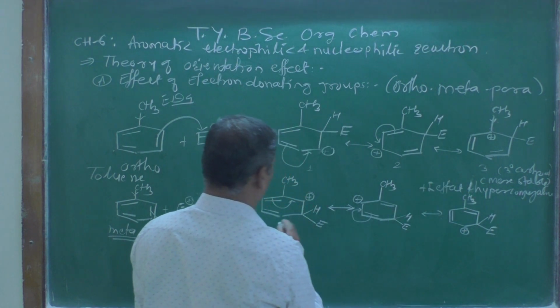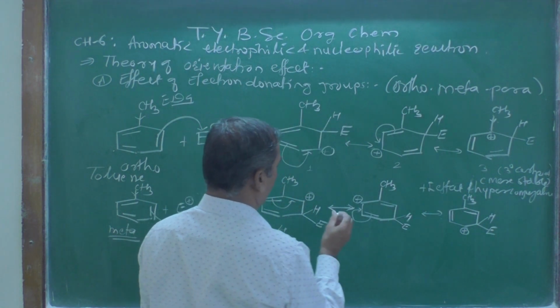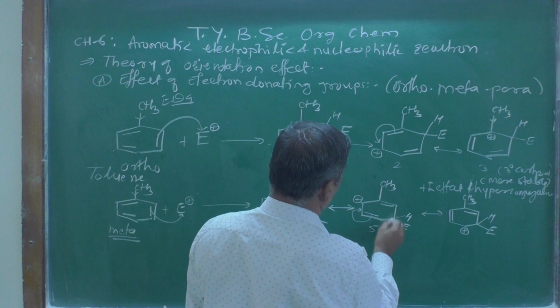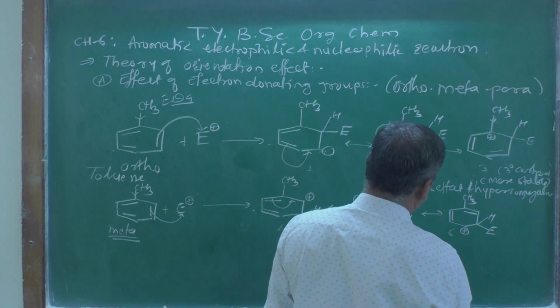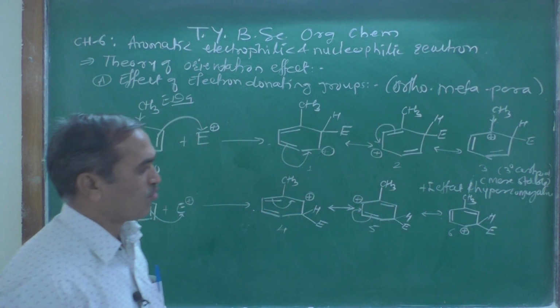Now you can number this structure. This is the third structure. You can give number 4. This will be the 5. This will be the 6. When the electrophile